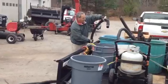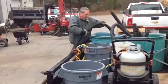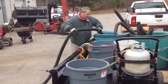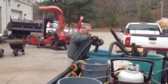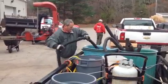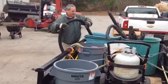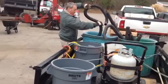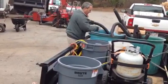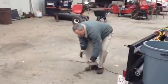And then we're going to carefully wind this around the propane cylinder and twisting it so that it sets nice. It doesn't want to get kicked. And as this gets colder weather, it's going to become more difficult to do that. So we'll do that. We're going to undo our